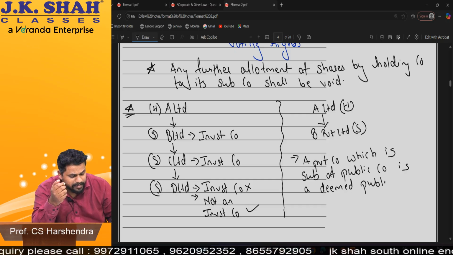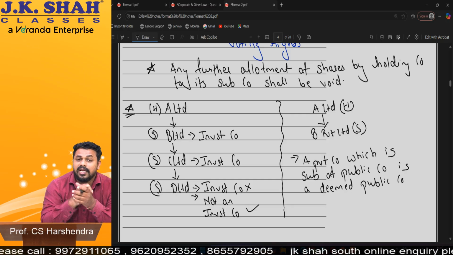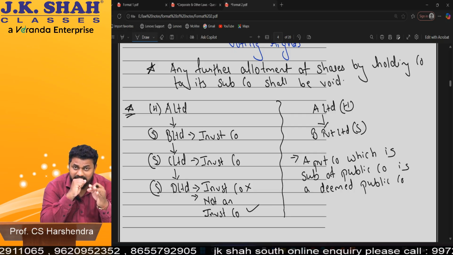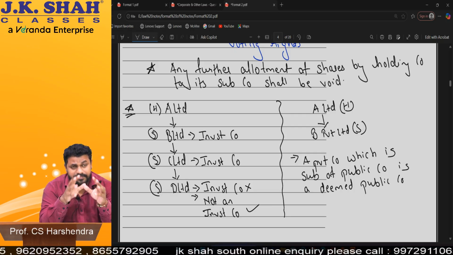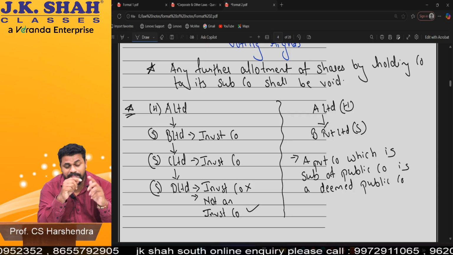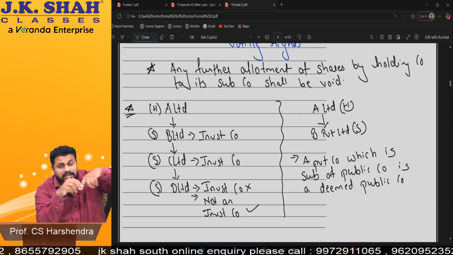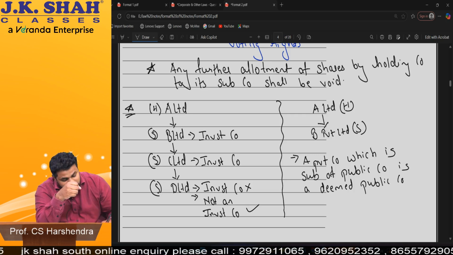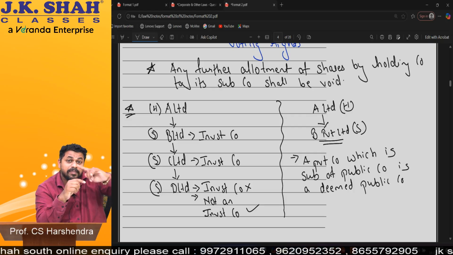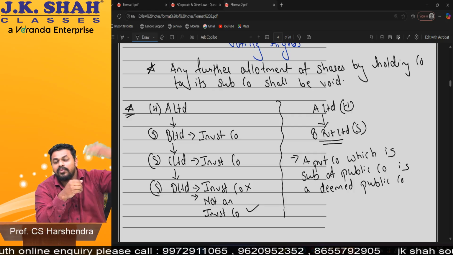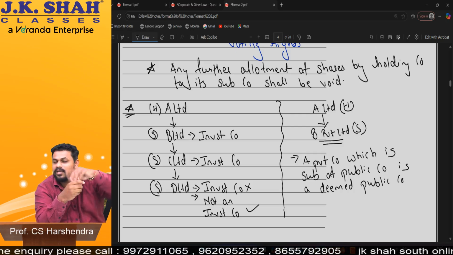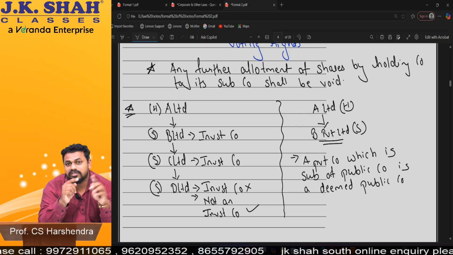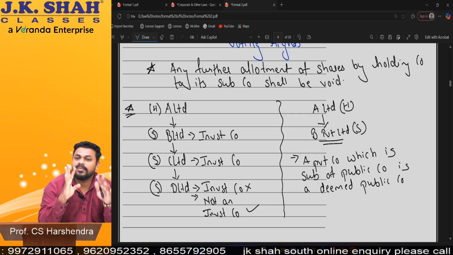Sir, what do you mean by deemed public company? Now understand the concept. See, this B Private Limited, as per the AOA, 3 restrictions will be there. It is a private company only. But I told you yesterday, last lecture, the whole Companies Act is made on the basis of public company. Private companies get exemption. But this B Private Limited will be, for the purpose of complying with the Companies Act, deemed to be a public company. So will it get any exemptions of a private company? It will not get exemption. It has to follow all the rules and regulations of a public company. Am I clear? This is the meaning of deemed public company.